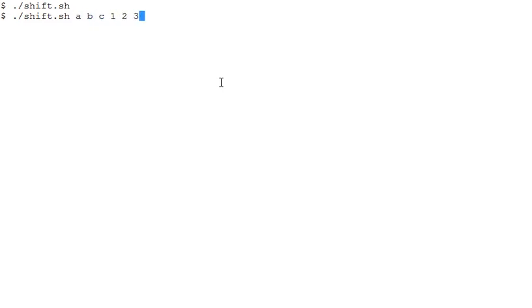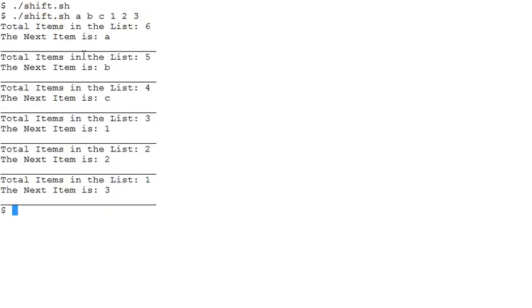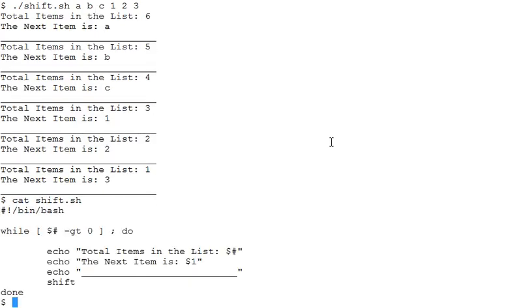I'm passing 6 values or 6 items or arguments or parameters to my script this time. Let's first look at the condition. $# greater than 0. Is this true or false? You see total items in the list 6.